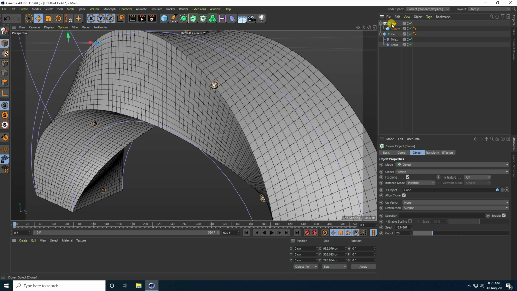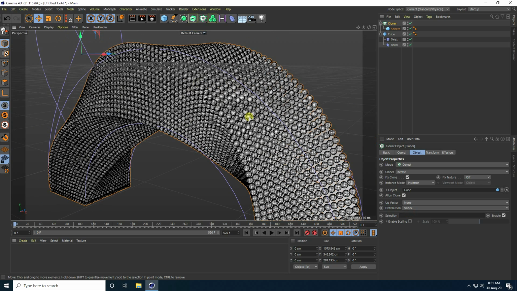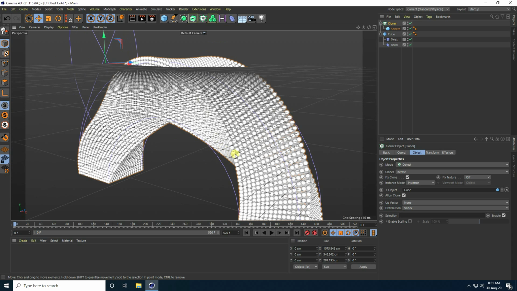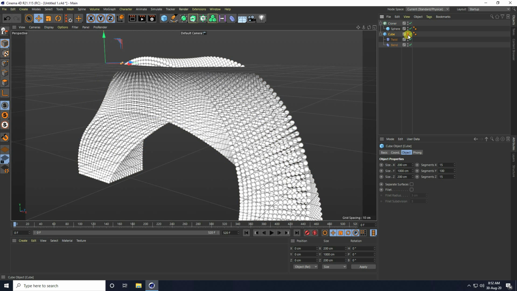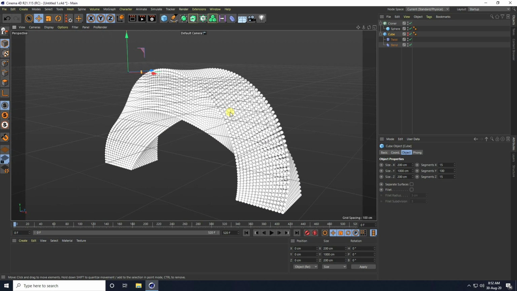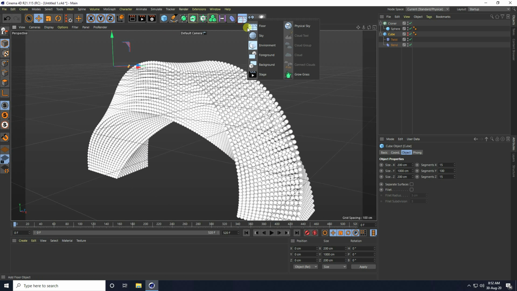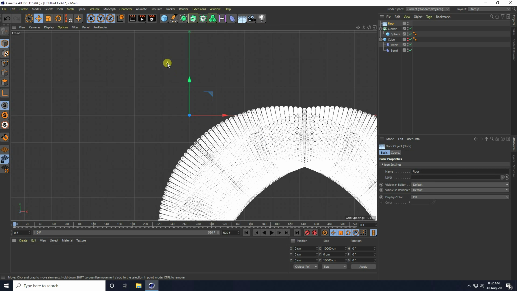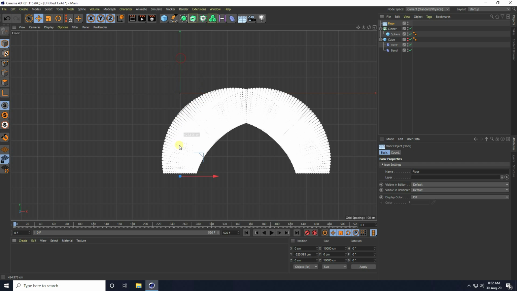Now guys, change the distribution type. Select this cloner and go to distribution, I take vertex. Yes, it's really good. See guys, that's my shape, it's really better. So guys, also go to here, cube, and hide on render. Yeah, better. And now guys, I take a floor and go down in the front view panel, go on here like this.